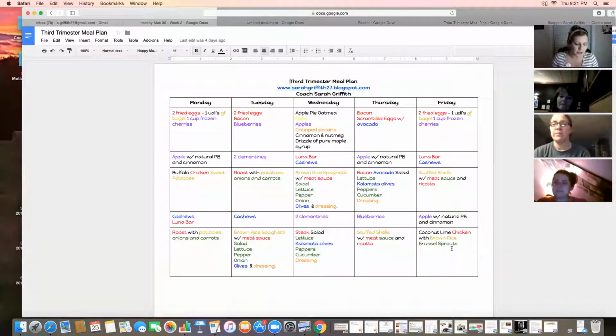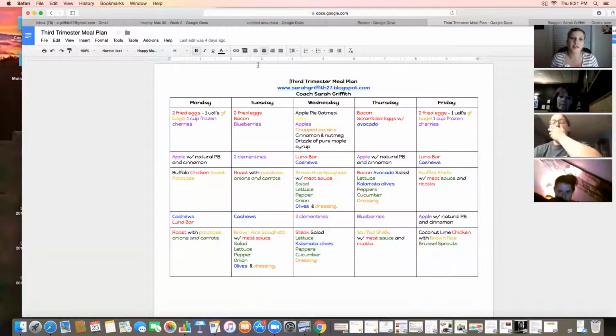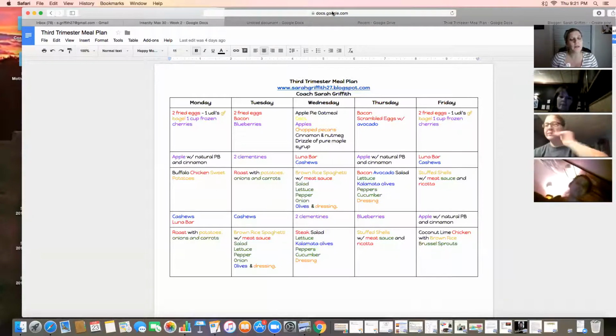I want you to do that. I want you to also keep a copy of this meal plan in your purse, at your desk at work, wherever. I want you to remind yourself that you worked hard for this, and I don't want you to veer from it. Now, I will tell you, if you missed something, so say today you had a rushed morning and